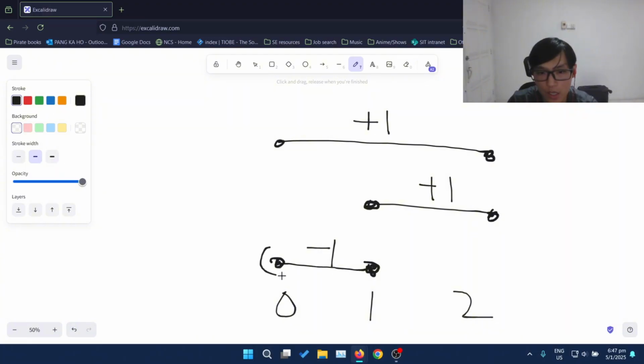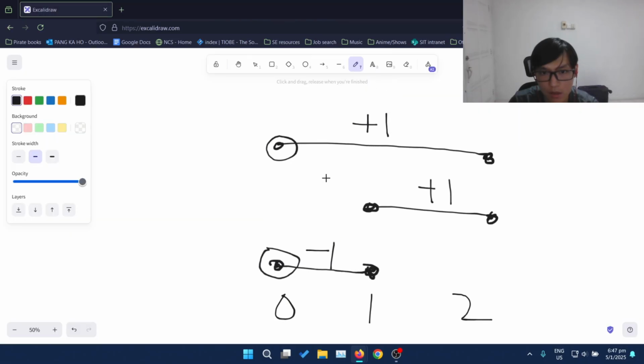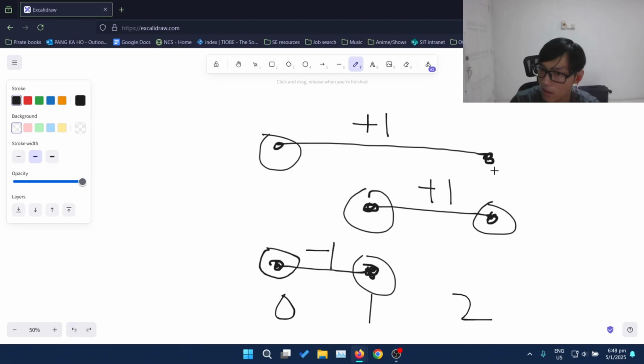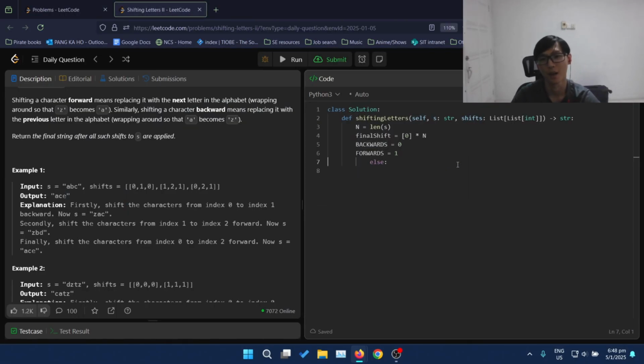Not sure if we can just process it like this. So we process this first. What would that look like? Then we process this, then this, then this, and process this. Okay, a little bit stuck, but